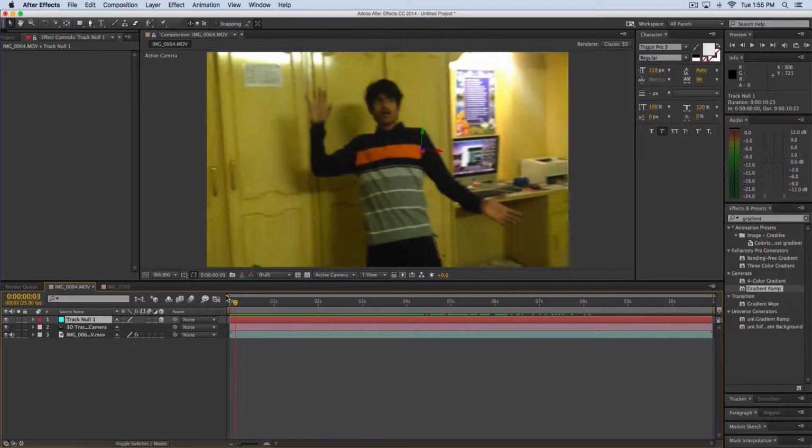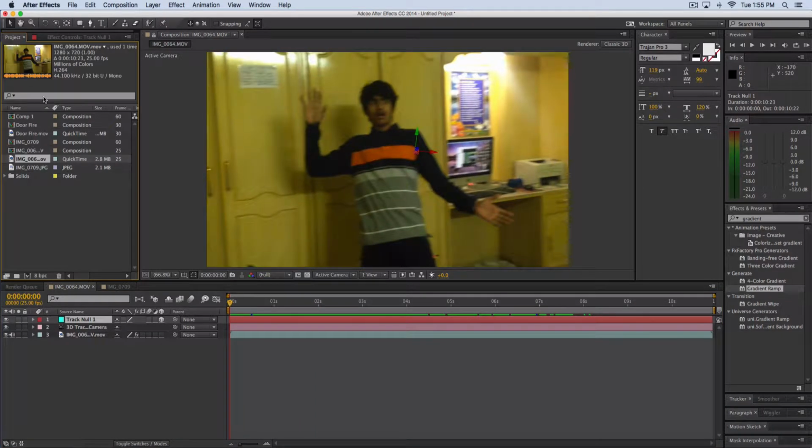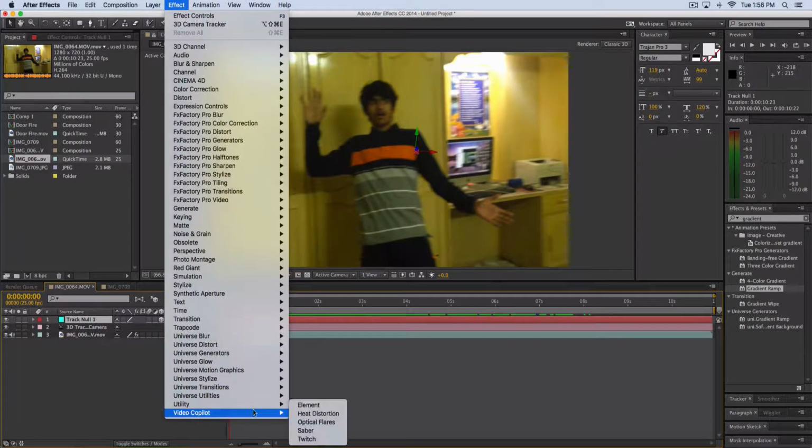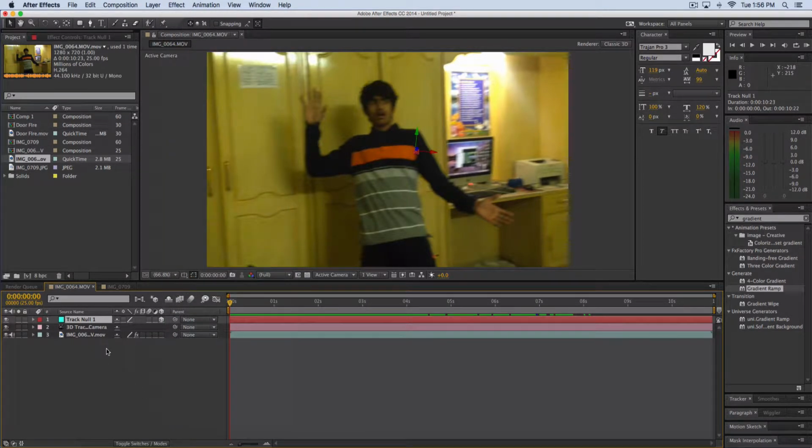So what we can do to that null is actually import our cards. There are different ways you can do the card effect. If you have Element 3D from Video Copilot and you have the Casino pack, you can import the 3D card from there and then parent it to this null, so it stays in midair. Or, what I did for people who don't have Element 3D, which is pretty expensive,